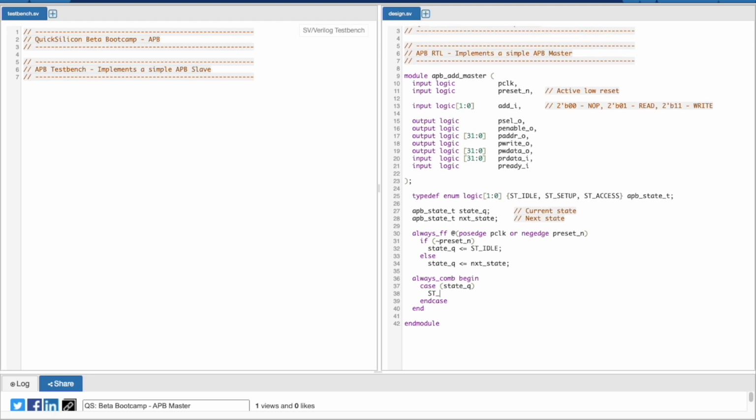The different states are idle, setup, and access. And let's add a default case as well. Okay. For default, our next state will always be idle.